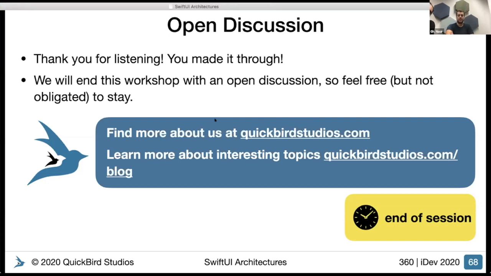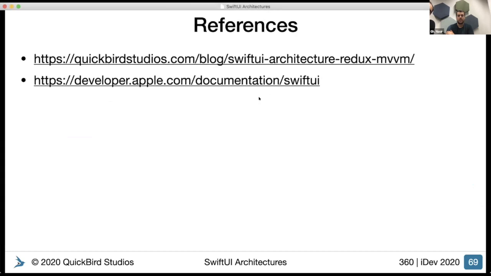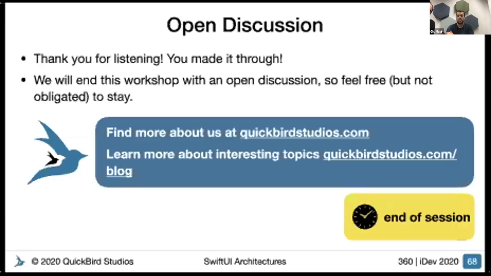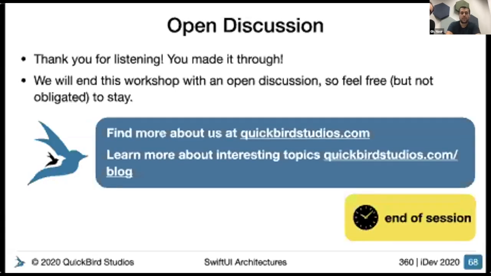So a question was about MVI. We haven't used much MVI, but as far as I know, MVI is more like the view is based on the state. But I think in the MVVM, it's not necessarily that the view is using all parts of the state, or maybe